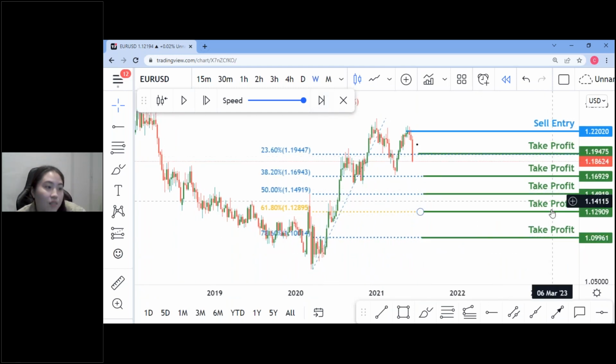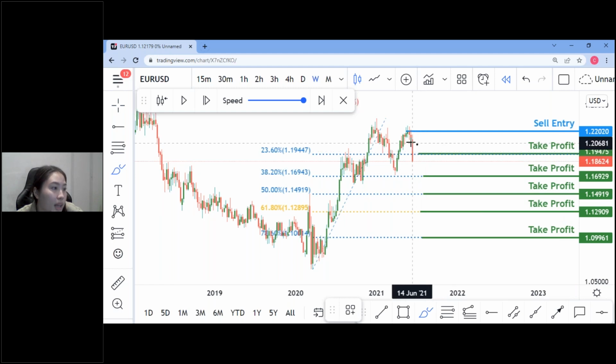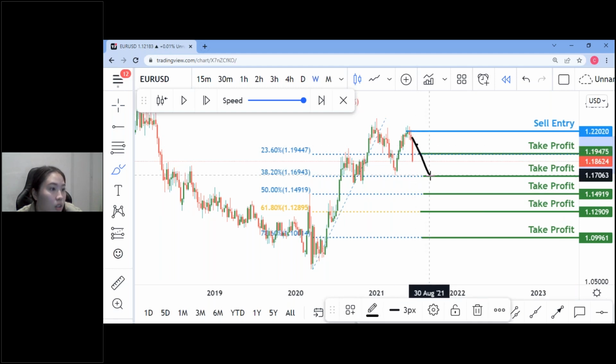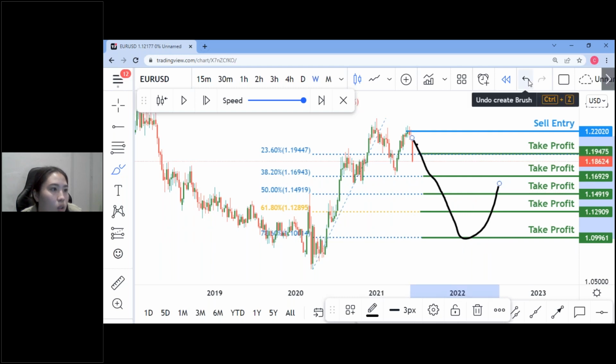these are your 5 possible take profit zones. That's the whole point of using Fibonacci retracement. Fibonacci retracement is just a tool that helps you predict where price is going. So you're expecting price to go to one of these levels. You don't know which level yet. Once it goes to one of these levels, it's going to make a reversal at one of them. So you don't know which one it's going to reverse at yet.